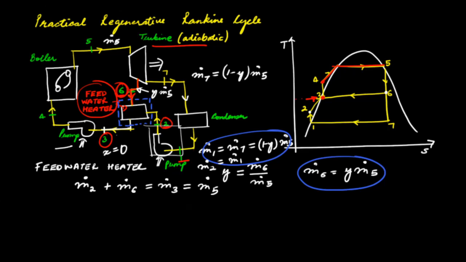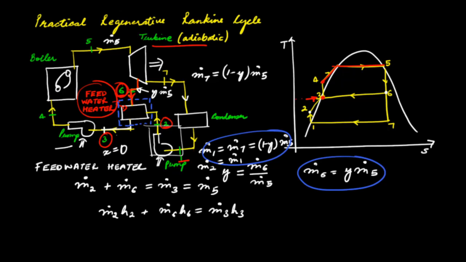So next note that if we apply the conservation of energy or the first law to the control volume shown in blue color over here, what we would get is there's no work that is done and also no external heat that is transferred. So m dot 2 H2 plus m dot 6 H6 is equal to m dot 3